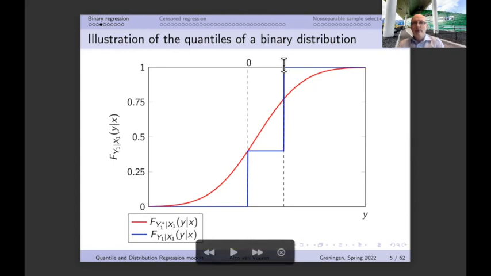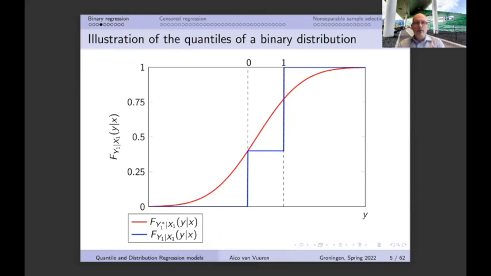Well, then after this 1, we are going to see that the distribution function of y1 is always going to be equal to 1. That also makes sense because distribution functions cannot be larger than 1, and they can also not be decreasing. So therefore, we always get this pattern that we have over here.